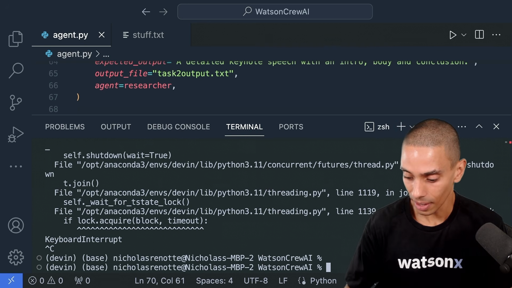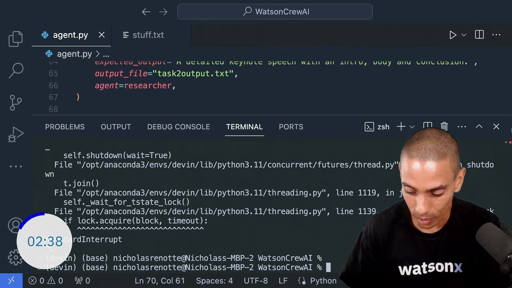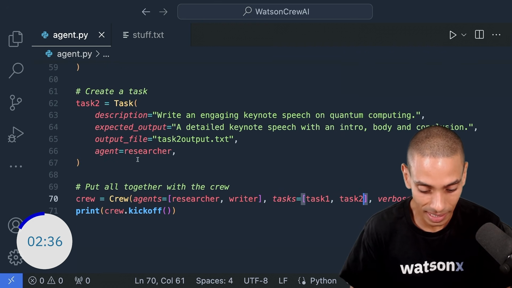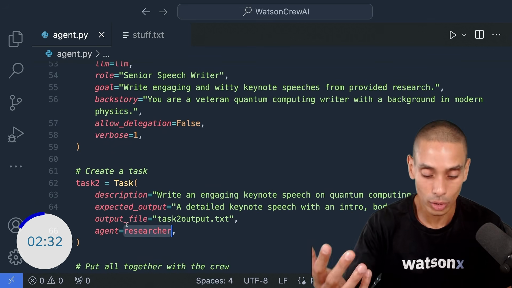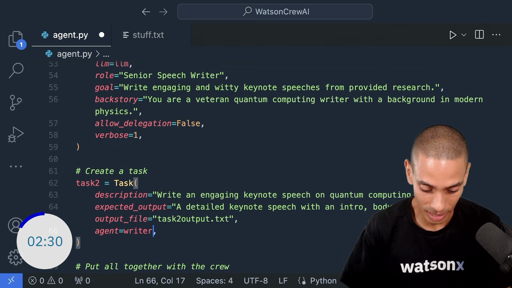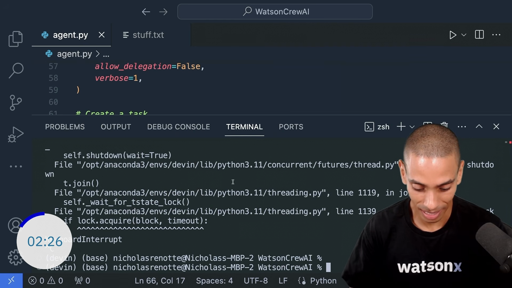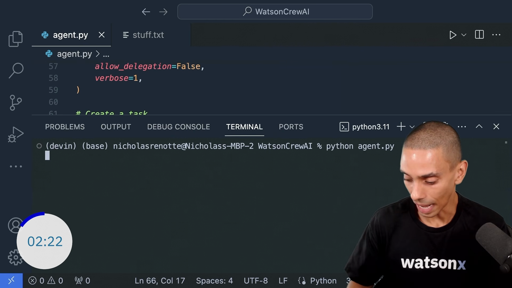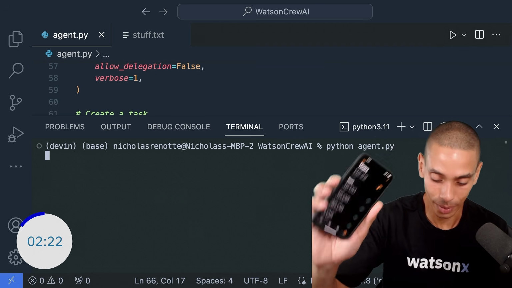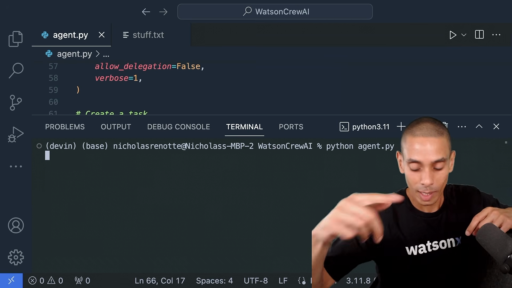I've just realized. All right, I'm going to start the timer again. So we're at 2:41. I just noticed that we were using the same agent. So inside of our second task, we actually need this to use the second agent, because right now we're just using the base agent. So we actually want this to be writer. Okay, we're going to change the agent there, and then let's kick off our timer again. So I'm going to clear this. All right. It only took me 10 seconds to resolve. So we're at 2:22. We've still got time to debug, but we're probably going to speed through this. So editors, speed through this.